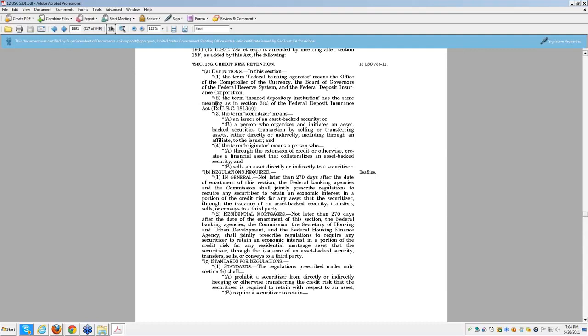1813C. The term securities means... No. What does that say? The term securitizer means a